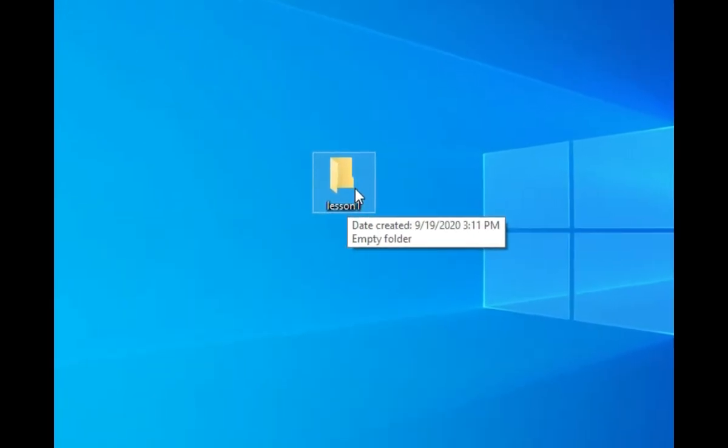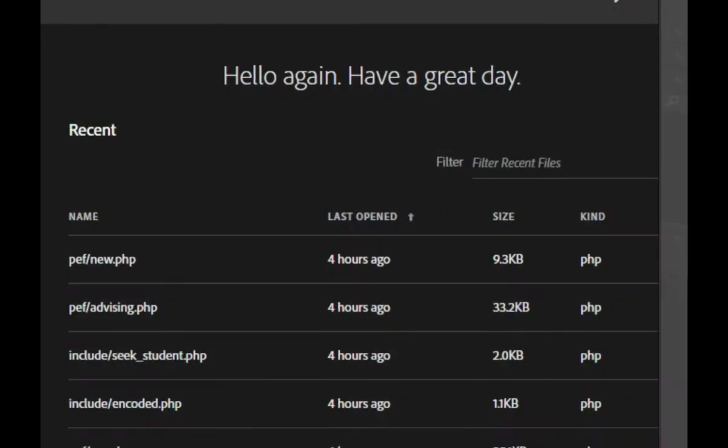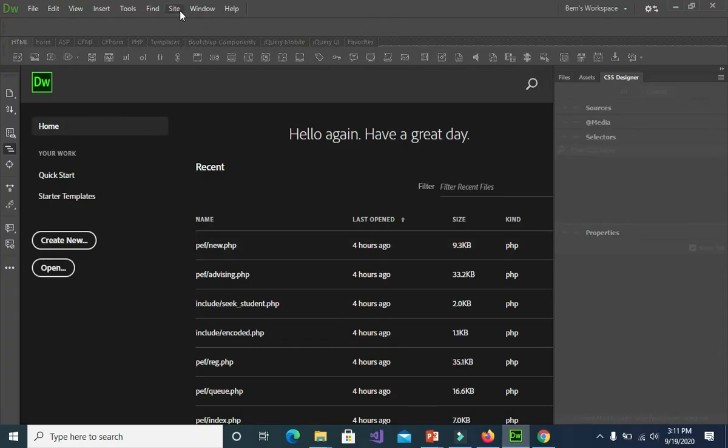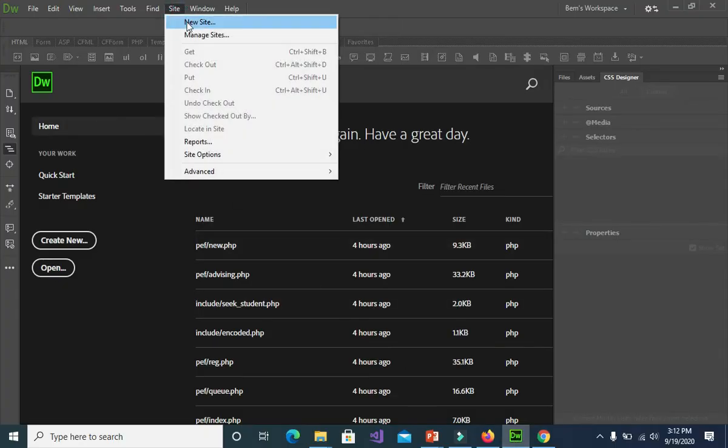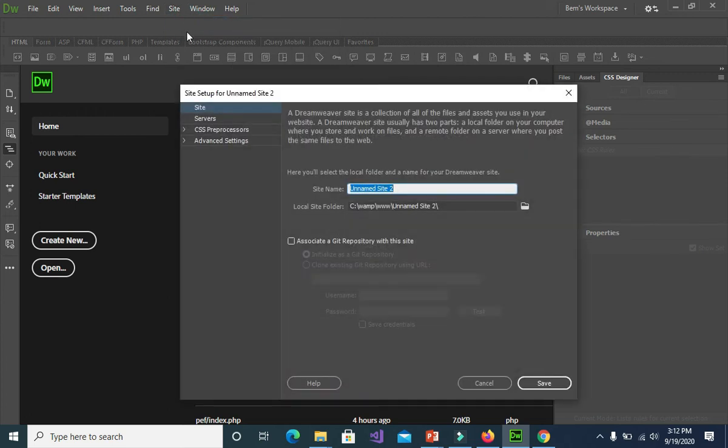After creating your folder, go to Dreamweaver and select Site, New Site, and then from the tabs available at the left side, select Site, and then you have the site name. Let's give this a site name, Lesson 1. Then after that, we have this local site folder.